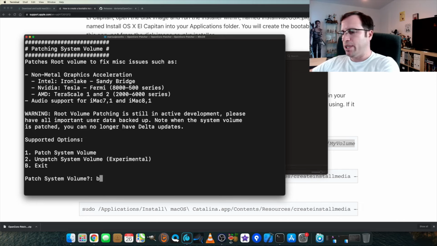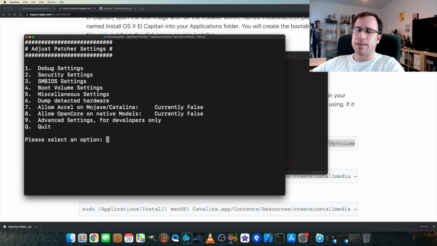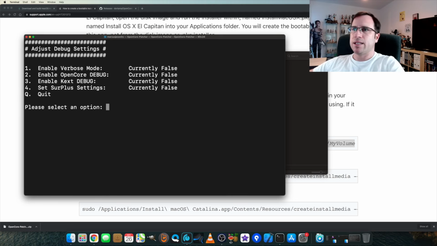We just type B to exit that, and if you want to, you can go into 5 for patcher settings, and then you can switch on debug settings. So you might switch on the verbose mode. If you get problems during installation or boot, you see the error messages. I just want to show you the debug settings, and here at the first you can switch on the verbose mode. So you see a lot of text going through your display during boot. You can switch that on